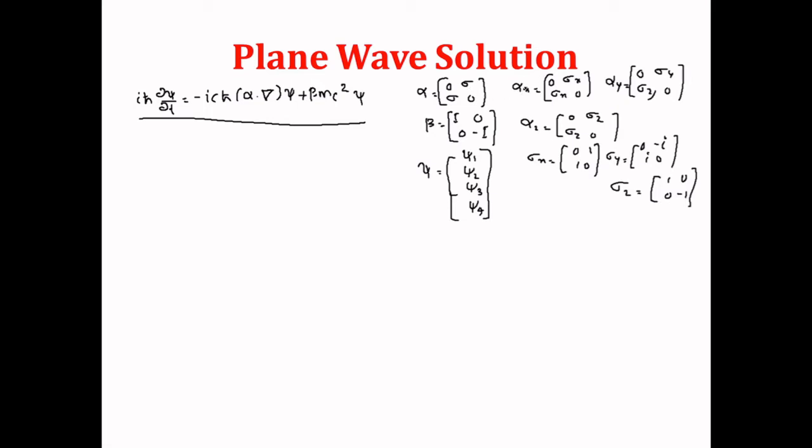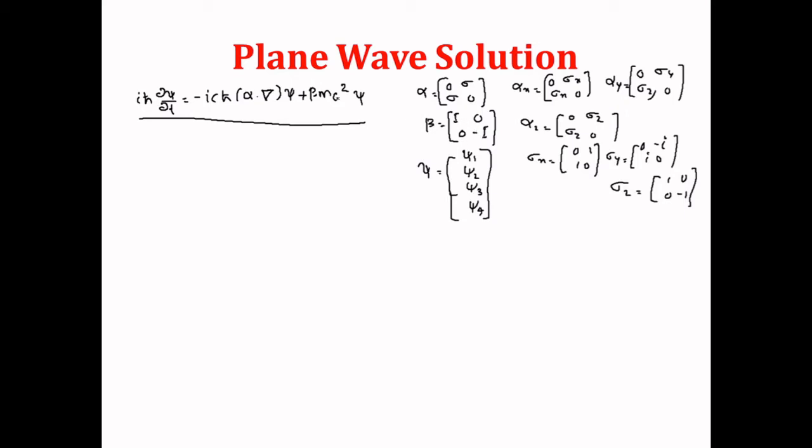So correspondingly alpha x is a 4 by 4 matrix, because sigma x is a 2 by 2 matrix. So alpha x, alpha y, and alpha z are square matrices of order 4. And also here the beta matrix is [I 0; 0 −I]. Here I is the unit matrix, that is [1 0; 0 1]. So correspondingly you will get the beta matrix. Here all the off diagonal elements will be 0, and the diagonal elements will be 1, 1, then minus 1 and minus 1.